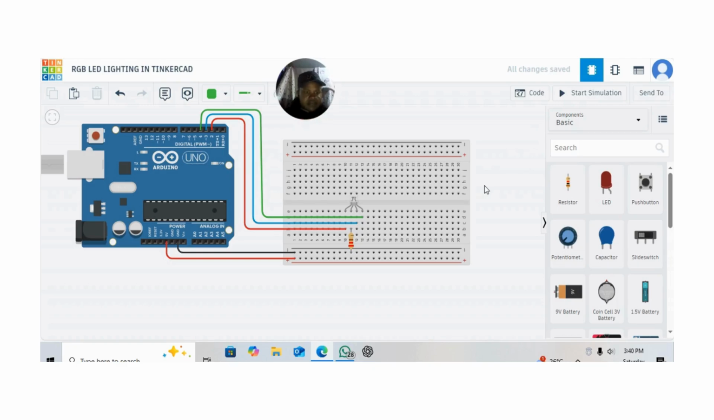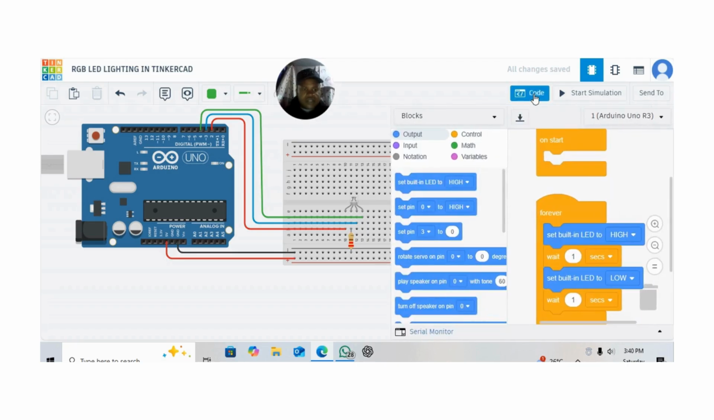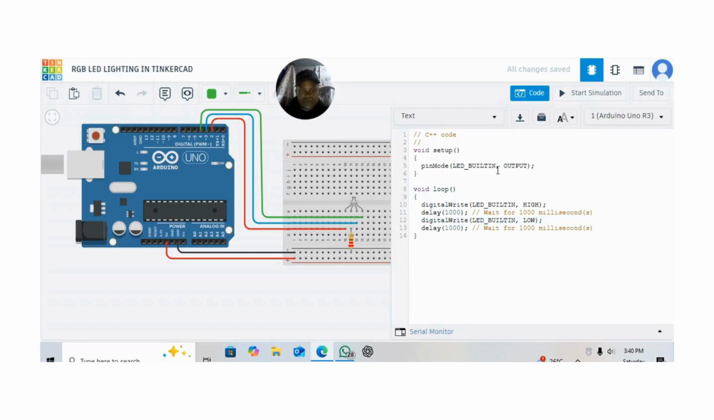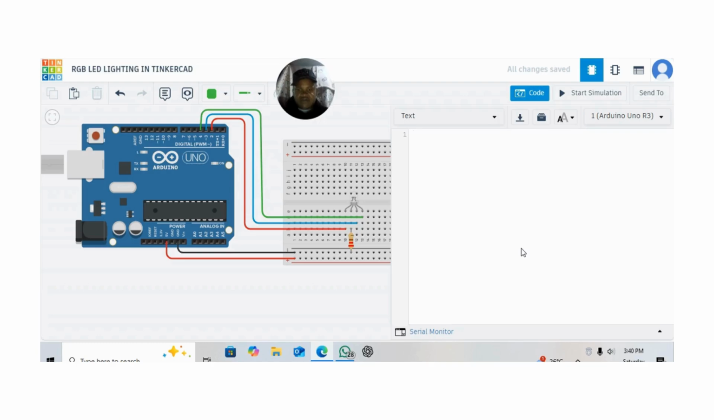which is programming. And to write the code, we are going to open this button here. We have blocks, then text. Press continue. So it will be directed to this space. Click on it, Control A, clear all that we have there. Now here you are going to start by specifying the pins to which these terminals have been connected on our